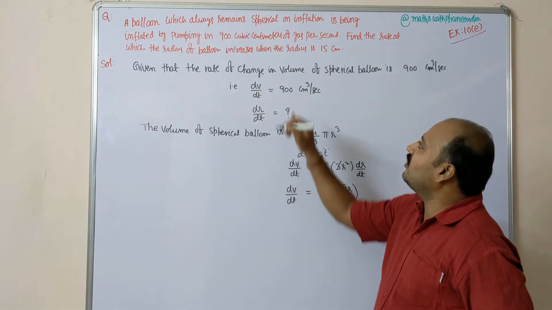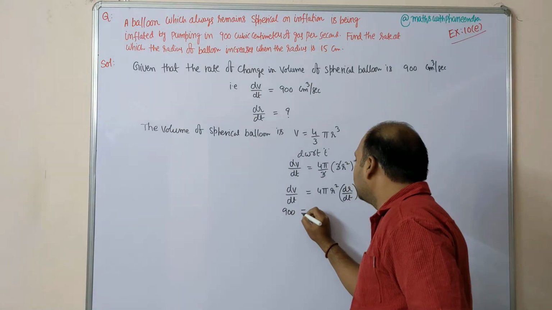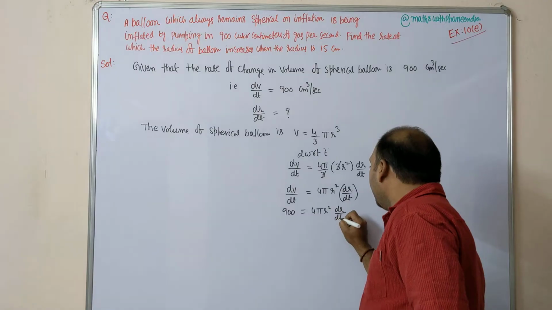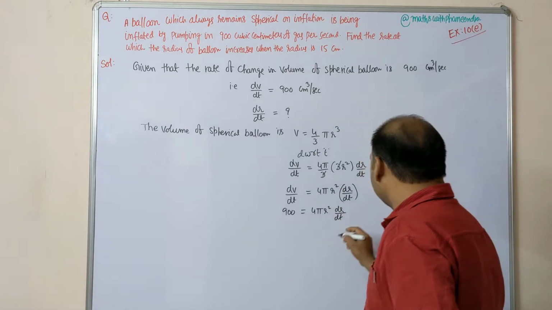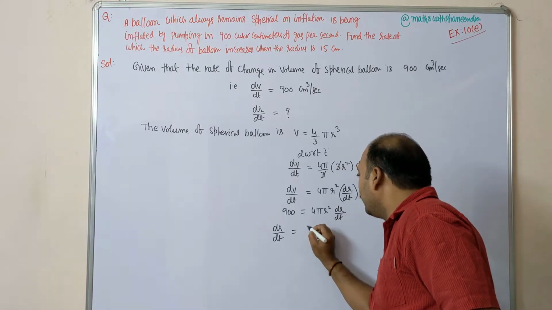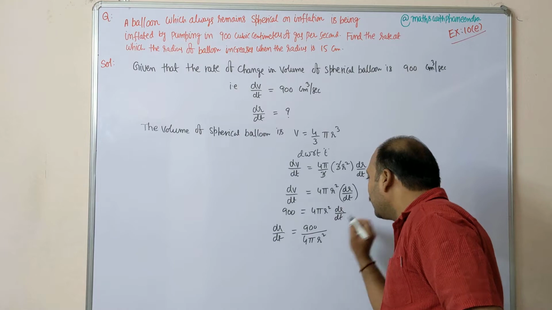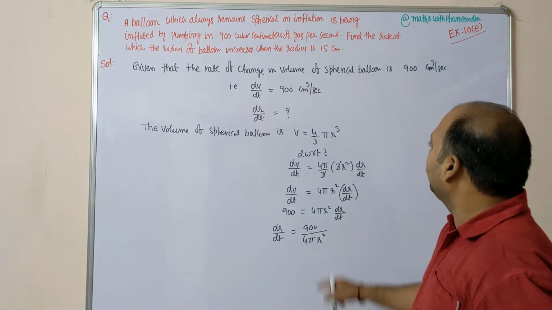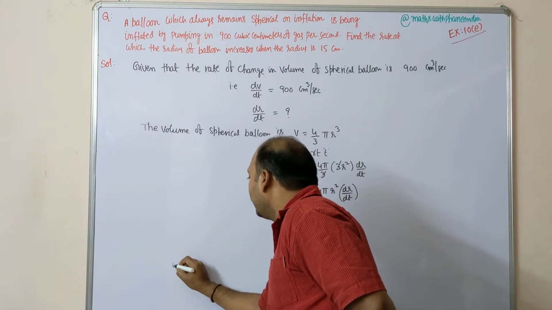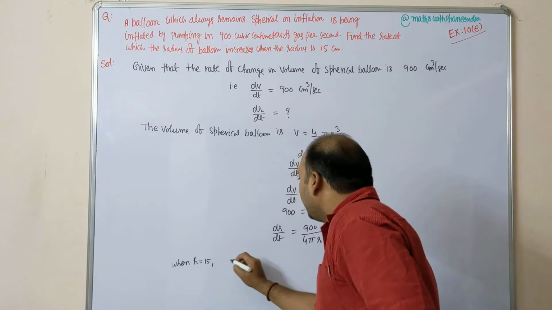So dV by dt value is there, 900. So 900 is equal to 4 pi r square into dr by dt. dr by dt makes subject. So that implies that dr by dt is equal to 900 divided by 4 pi into r square. Now, when r is equal to 15, the rate of